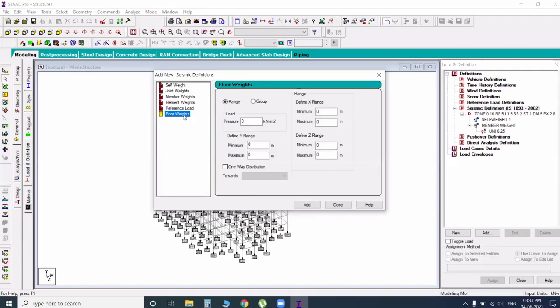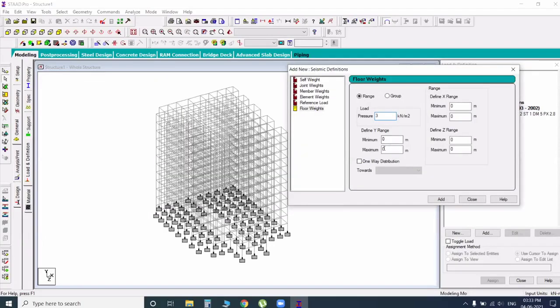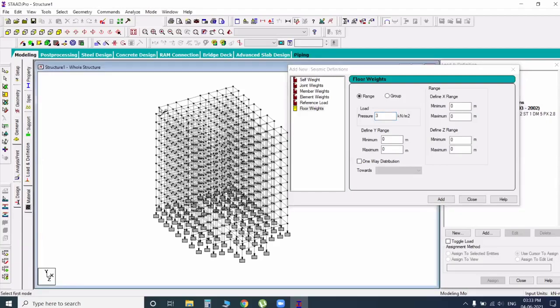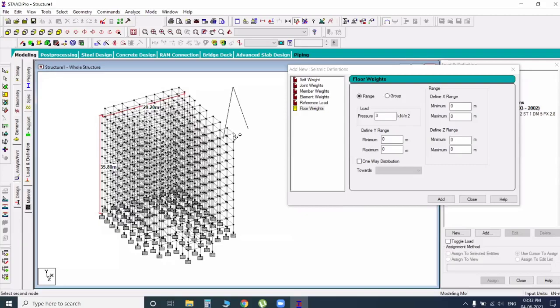And next, floor load. In floor load, we have both dead and live, so here you can enter both. For dead, minimum 3 ranges. Top range 35, X direction almost 30, Z direction also 35. So type it. I go with a round figure of 36 in the Y direction. In the X direction I go with the round figure 30. In the Z direction I will go with the round figure 34.